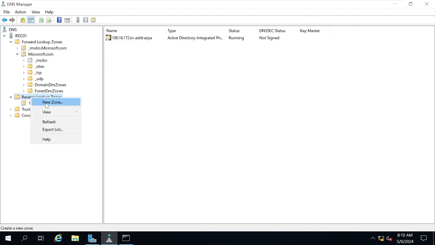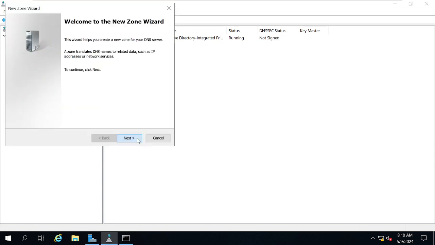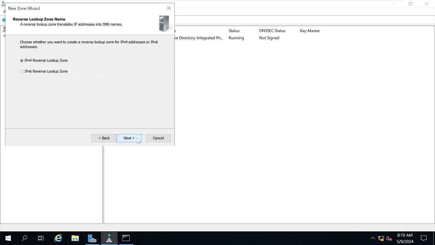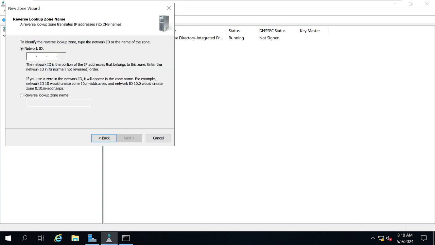Right click on the reverse lookup, new zone, and say next. Primary zone, yes. Next. And then you can put 192.168.190. Here I am typing 192.168.190 straightforward, but the reverse lookup entry, if you see here, is coming in reverse order. 190 is coming first, 168 next, and 192 at the end.